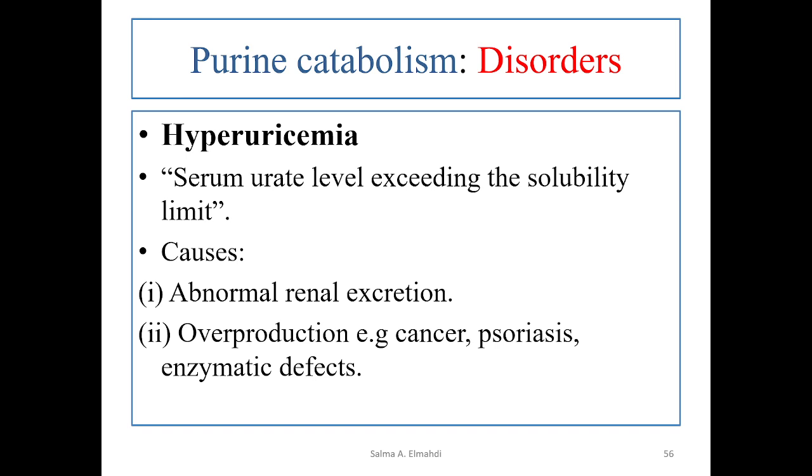When the level of uric acid in serum is high, it is called hyperuricemia. So hyperuricemia is a serum urate level that exceeds the solubility limits of sodium urate salts. And what causes hyperuricemia? Generally or broadly, you can talk about abnormal urine excretion. So excretion through the kidneys is abnormal, so the uric acid is retained in the body,